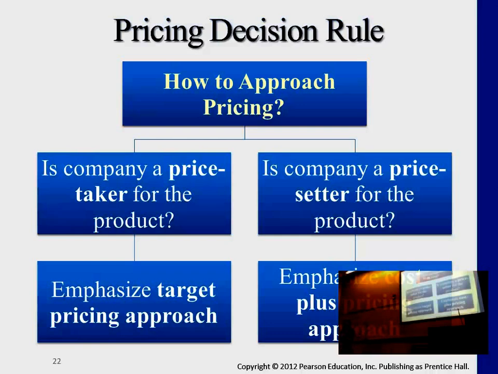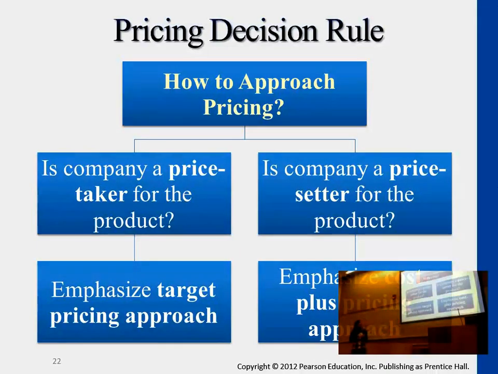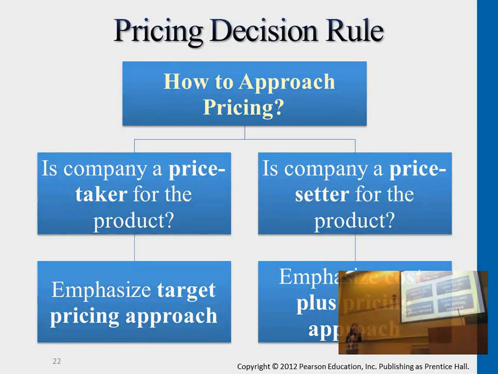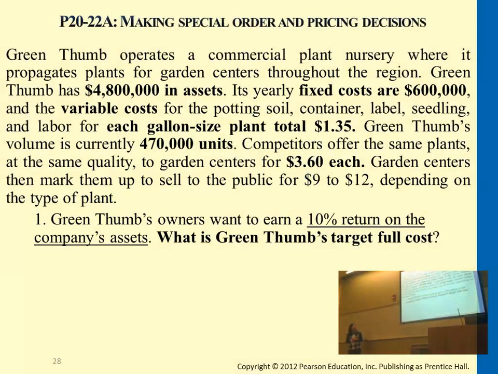Okay, because if they believe this is different from the competitors, different from what they had 5 or 10 years ago, if it's a breakthrough, and usually these companies, with these products, they have more control over what range they want to set the price at. Okay, so for setting the price, there are 2 different approaches for different types of industries. And then we went over this example.